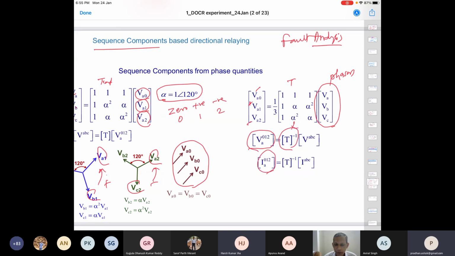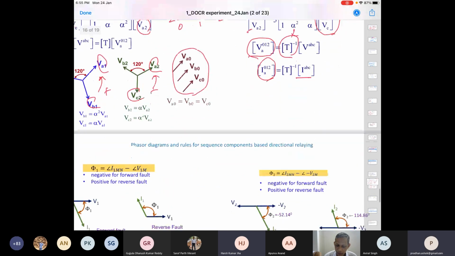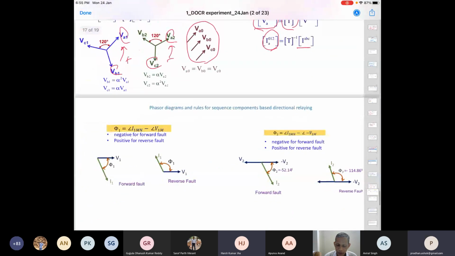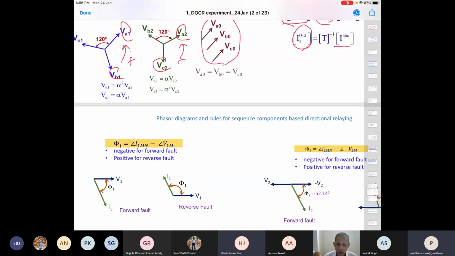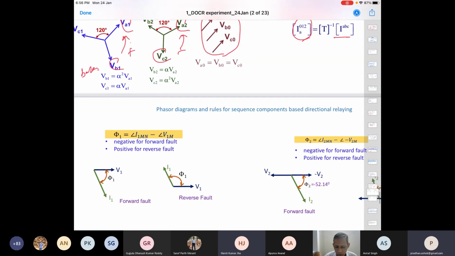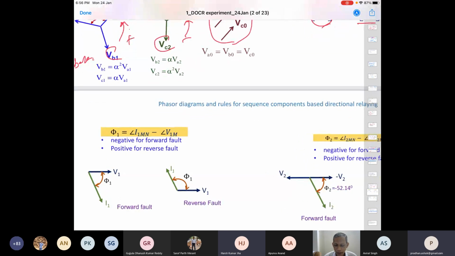Similarly, you can obtain the corresponding current-based sequence component from this perspective. So once we have this, what is being done? The positive sequence balance frame is similar to the normal balanced situation in our system. With that conclusion, the phi angle which we are finding